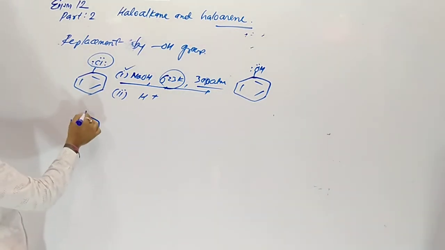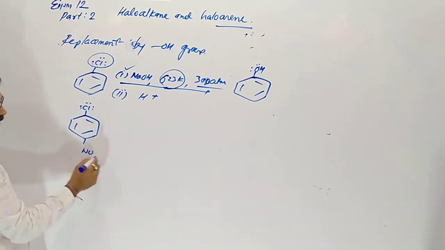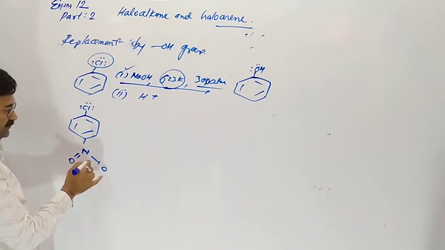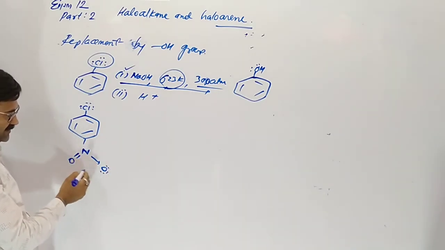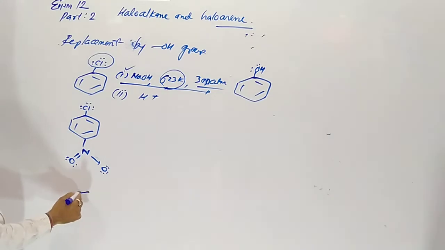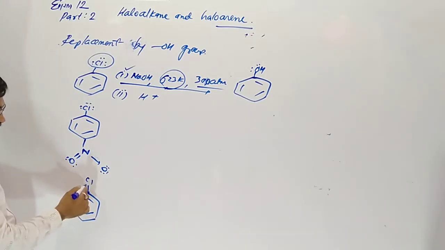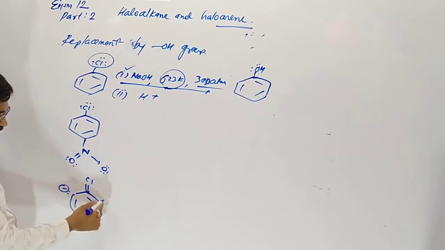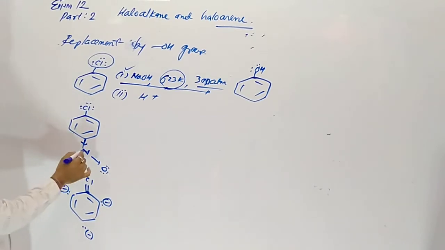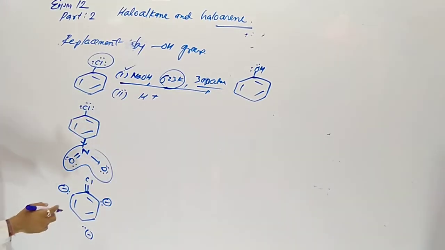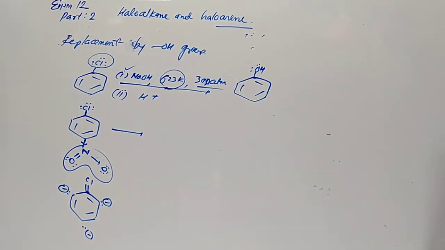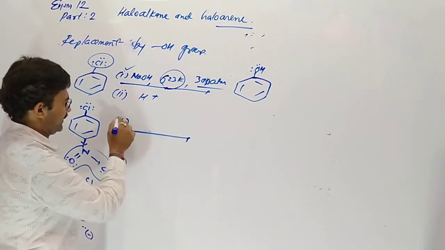If a nitro group is present at the para place, the nitro group is an electron withdrawing group. Here the electronegativity of oxygen is higher than nitrogen, so electrons move toward it. Due to resonance in chlorobenzene, the ortho and para places are negatively charged. So when the nitro group is at the ortho or para place, the double bond nature decreases. So the reaction becomes fast. It occurs in mild condition.